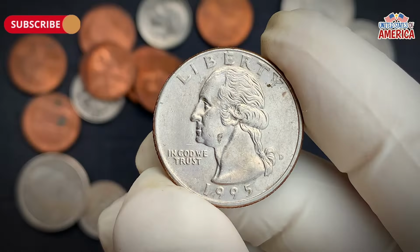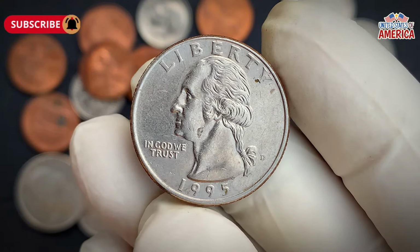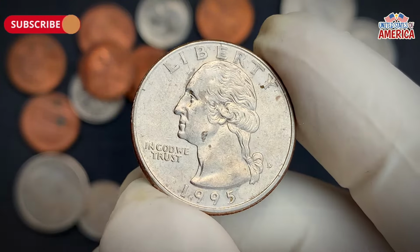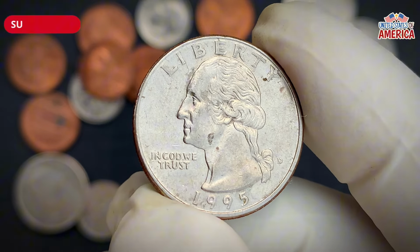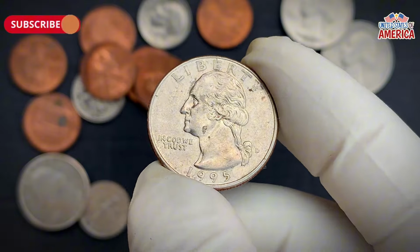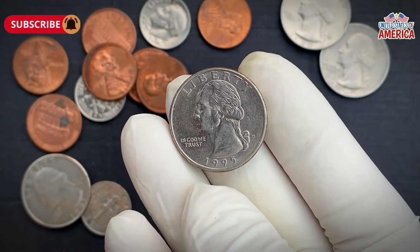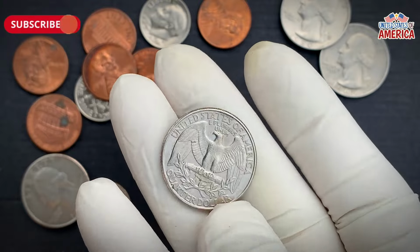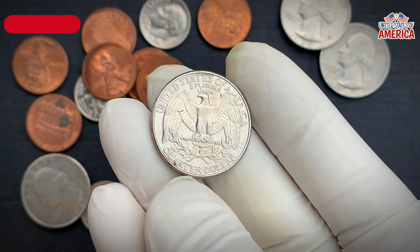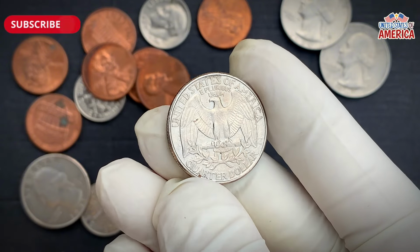Let's talk numbers, and they're staggering. While a regular 1995 quarter might be worth exactly 25 cents, an error coin can sell for anywhere from hundreds to hundreds of thousands of dollars. The most valuable 1995 quarter errors have been known to sell for prices that could buy a luxury car or even a house. We're talking about coins that have sold for over $100,000 in some cases, with certain unique specimens